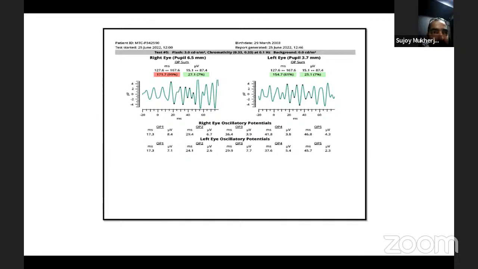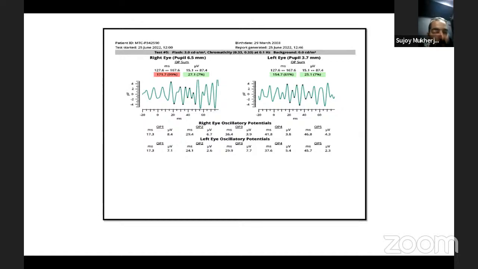We will generate artifacts notoriously because it is conformed over the skin. But on the other hand, while we use the contact lens electrode, because of the polarity of the cornea, the contact lens electrode does give you a greater amount of original, authentic response. So based on this graph, it is not wise to mention whether the response is present or absent, but we can say it is hard to determine whether the amplitudes are formed or not.